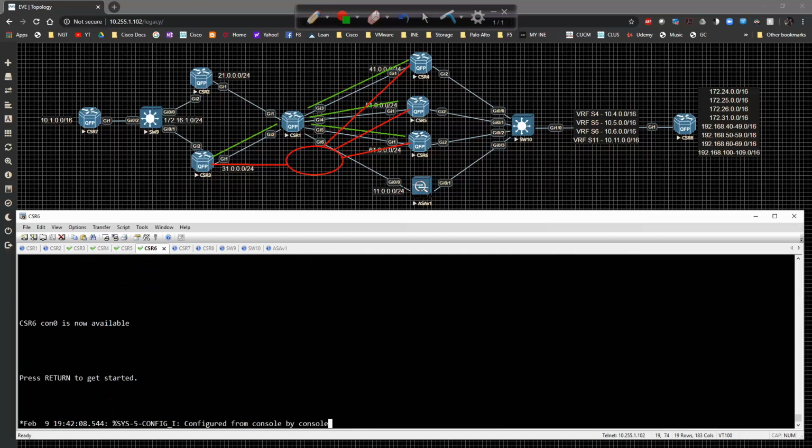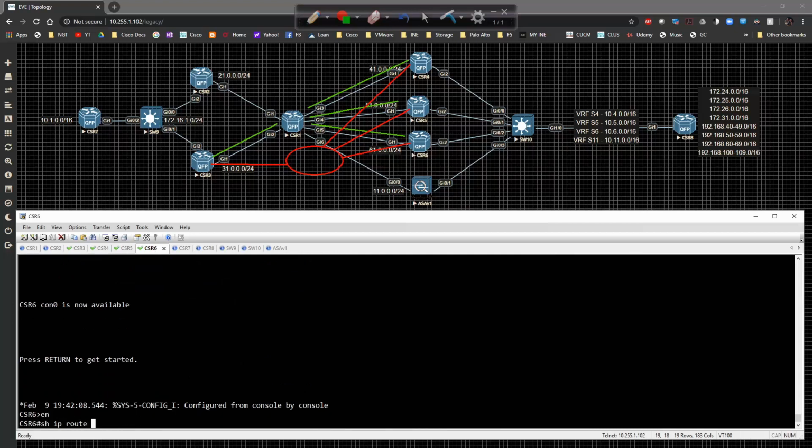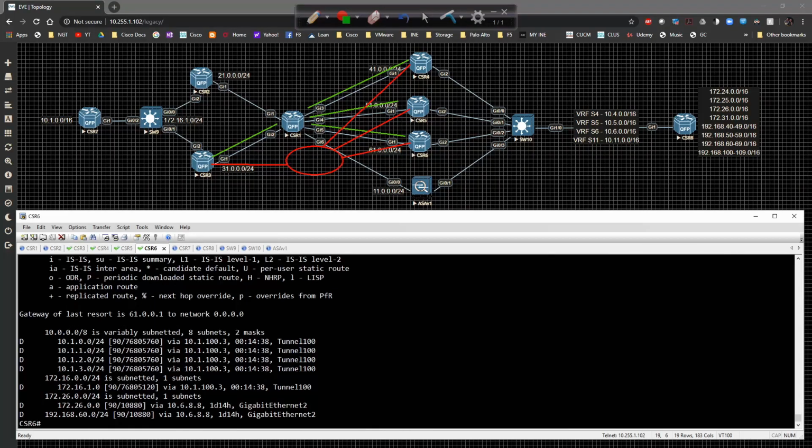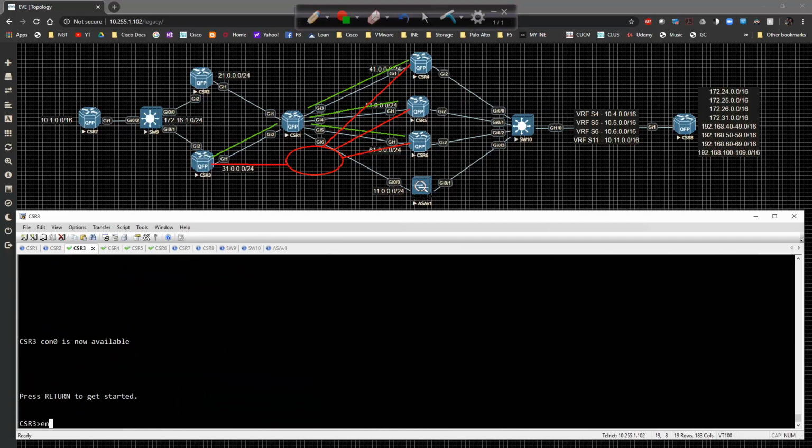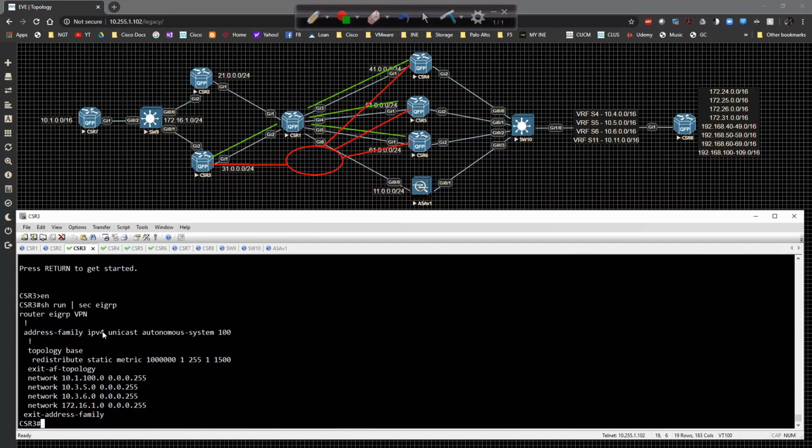And on CSR6, we see a bunch of hub traffic, right? Well, if I go to CSR3 and I show run section eigrp, in order to allow this communication to occur, one of the things that I have to do is go underneath the tunnel interface and disable split horizon